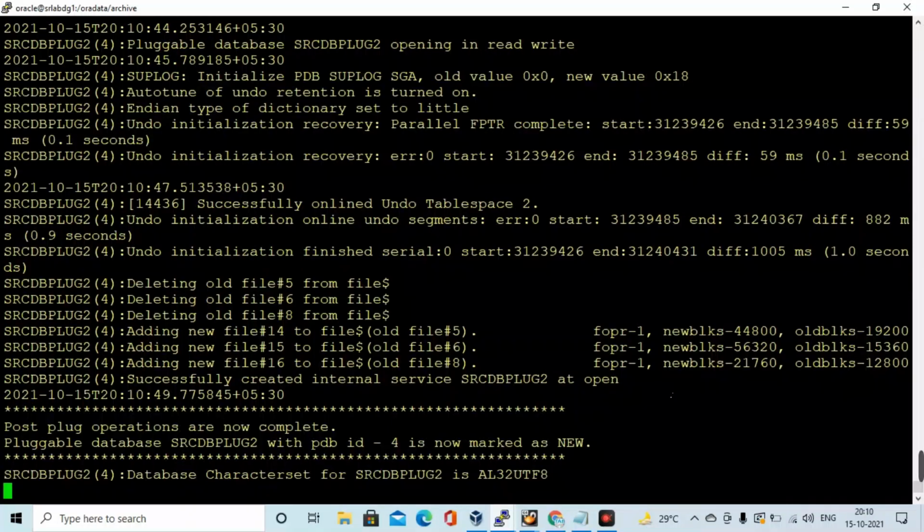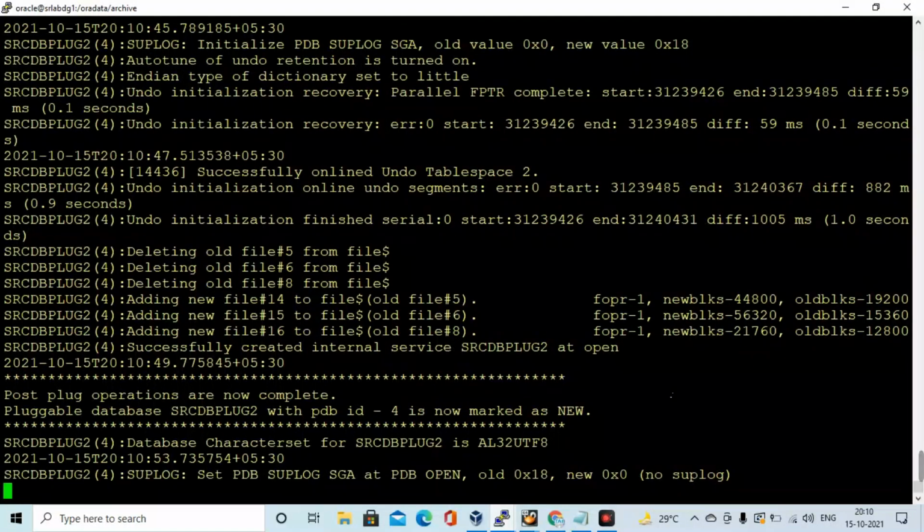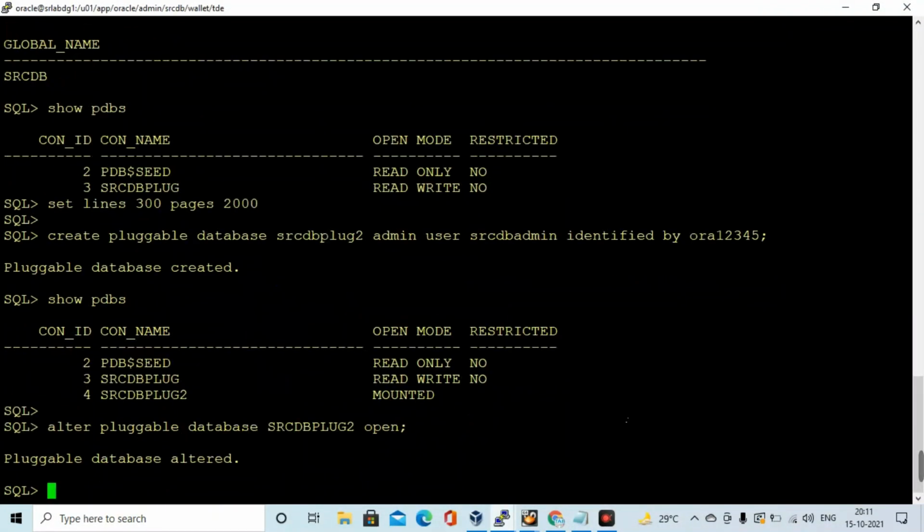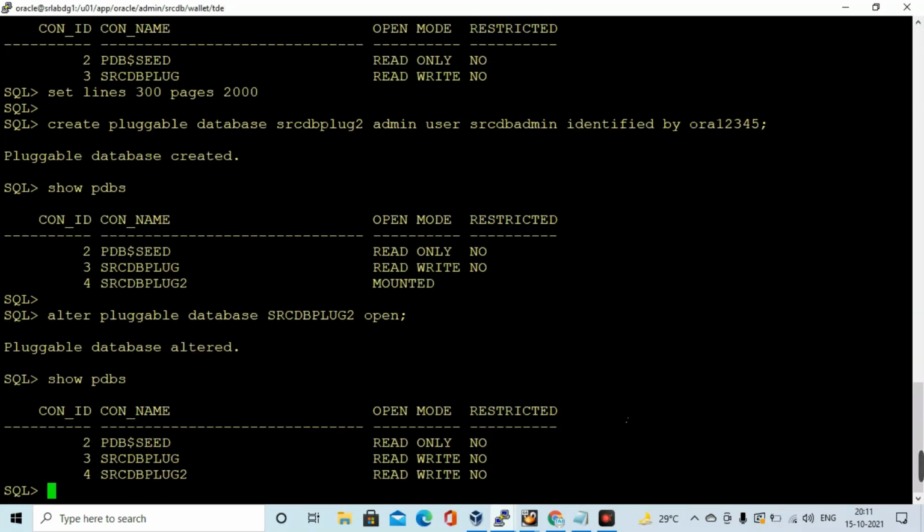It's opening. The newly created pluggable database has been opened.